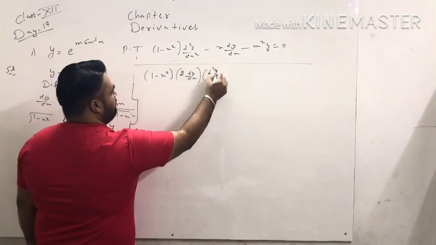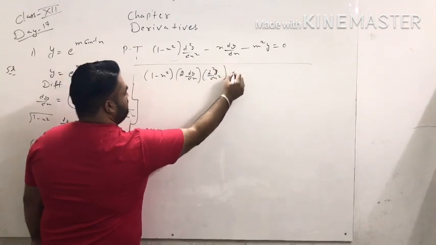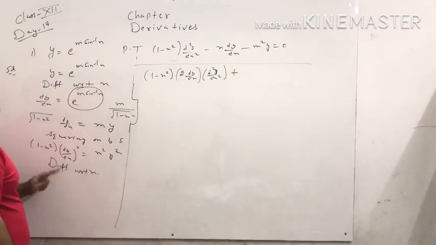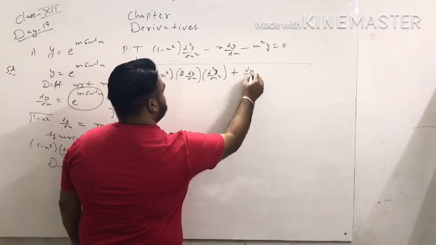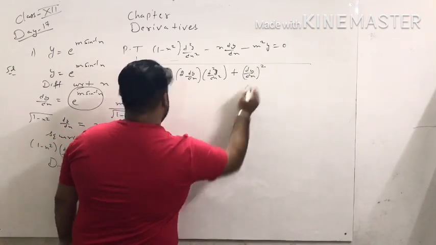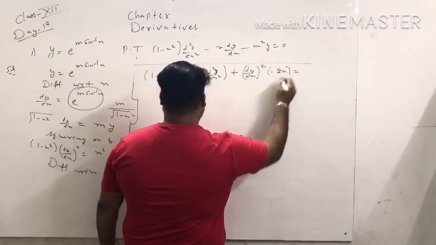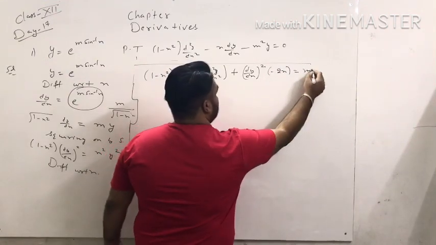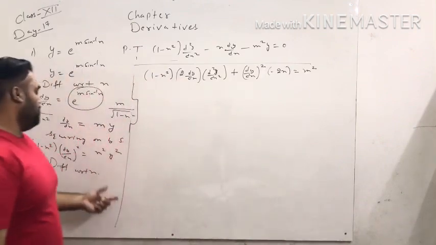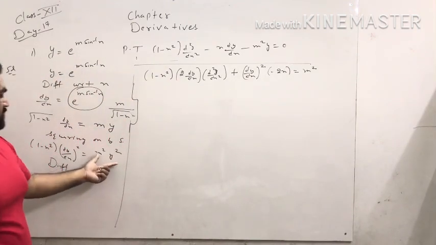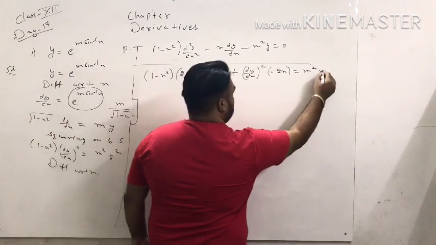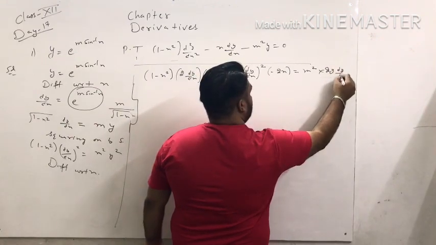After that, the derivative of dy by dx is d square y upon dx square, plus second term same, the derivative of first term, minus 2x, which equals m square is constant. We can't use product rule because m square is a constant and